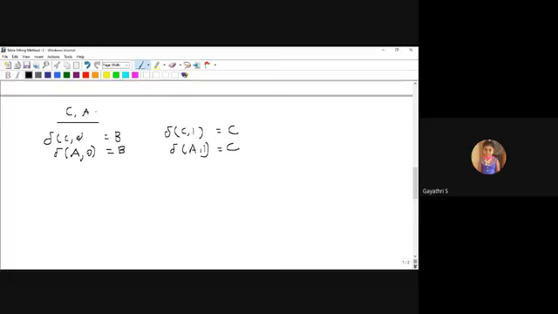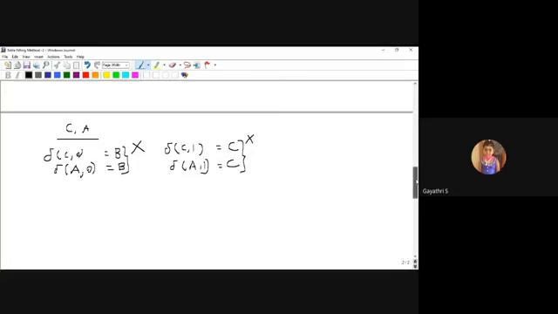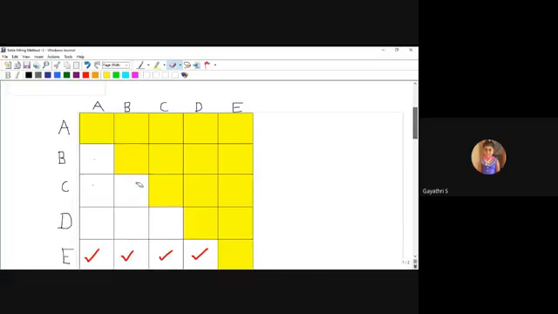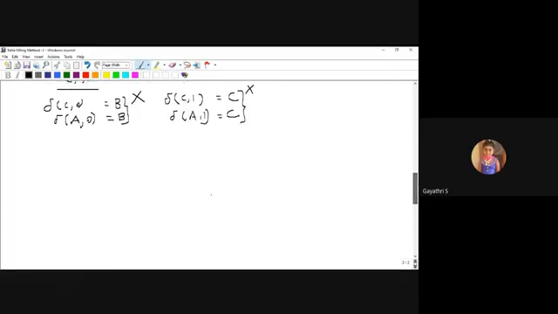So for this pair, almost over. See here, this is the self state B and B, and this is also C and C. I just neglect this, so do nothing, since both are the same state. So the C comma A part is over. Next, the unmarked pair C comma B.